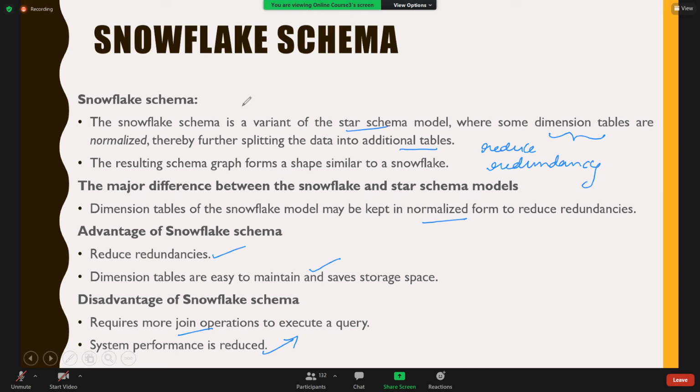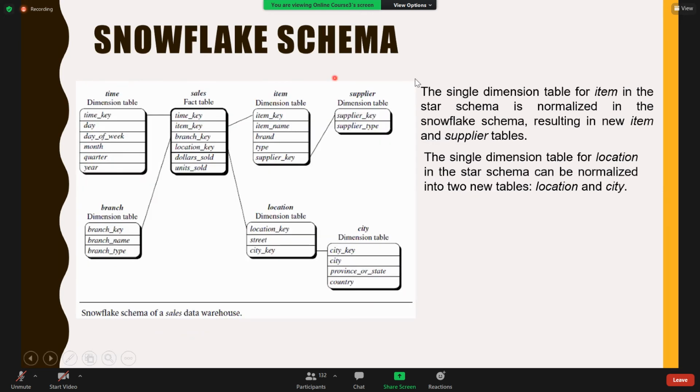We'll see this example. Yeah, this one. Same as star schema. So we are having time dimension, branch, item, location. See, here the item dimension table is split into item and supplier. This item dimension is normalized, and the location dimension is normalized to a city dimension table. And everything is the same. Only these two tables, we found that redundant data is there, and then we can